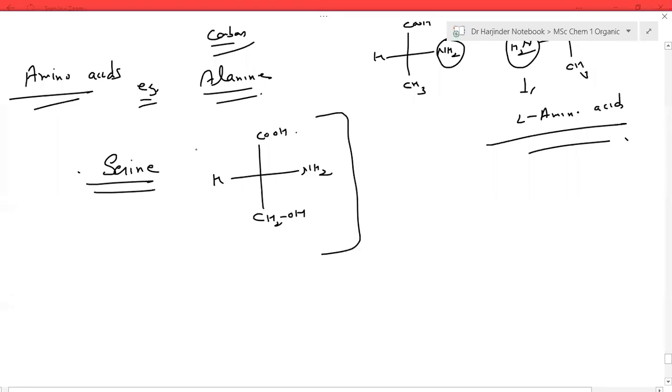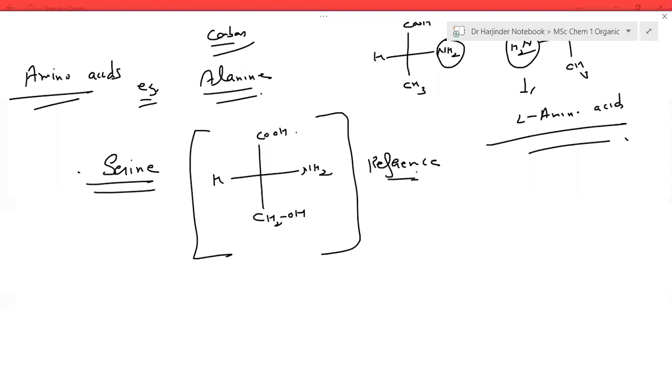So this is used as a standard reference compound. Like in case of carbohydrates, it is glyceraldehyde. So if your NH2 group is on right side in serine, in that case, your amino acid is D amino acid. And if it is on the left side, in that case, your amino acid is L amino acid. And the principle remains the same. The amino acid to which you have to assign configuration can either be prepared from serine or it can be converted into serine without breaking a bond at the chiral carbon.